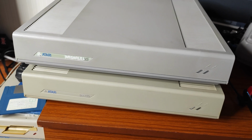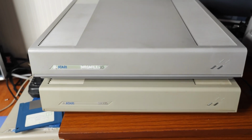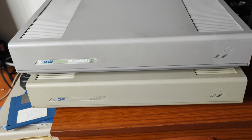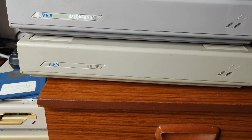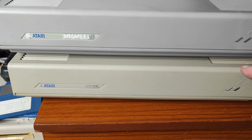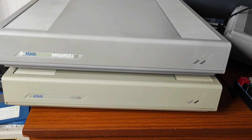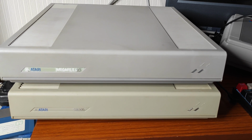Right, so I've put them both together, and the worst one is the top one, and it's looking considerably better than the one that I already liked. And we could go around in circles here. Am I going to retrobright the bottom one? I don't know. I was quite happy with that until now, so probably not for the time being. But moving round the back,